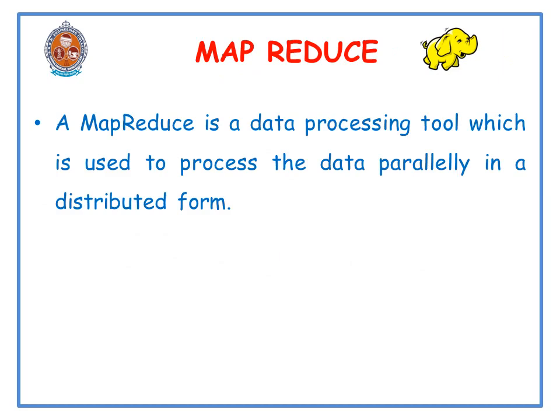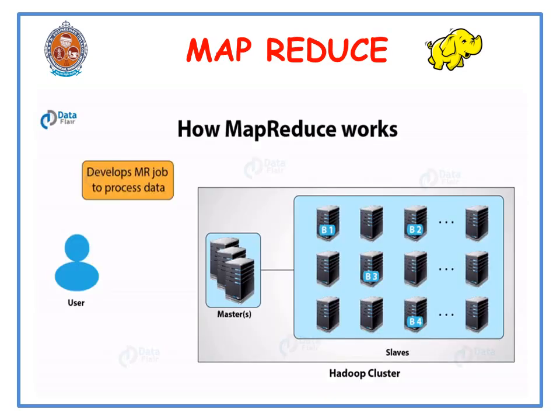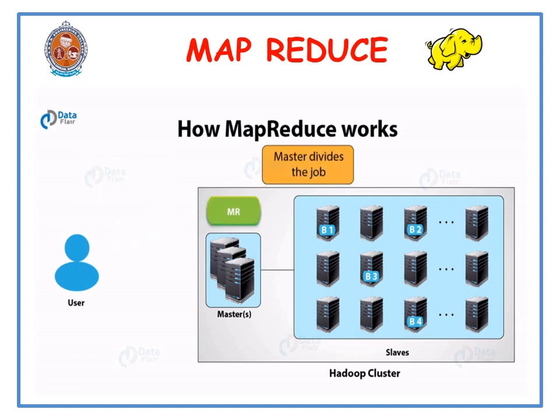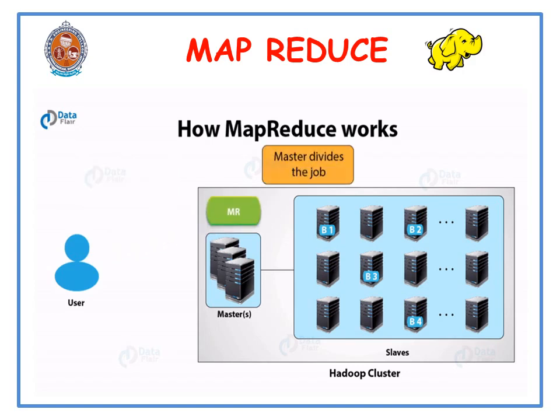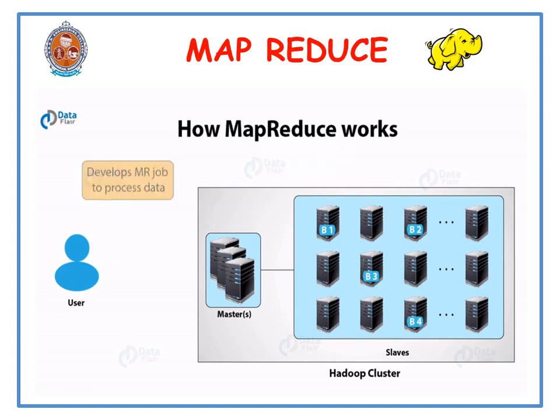Now we will discuss the module of MapReduce. MapReduce is a data processing tool which is used to process data in parallel in a distributed form. One of the significant challenges of big data is processing and accessing data efficiently. Now we will see how MapReduce works. In MapReduce, the processing logic is sent to different slave nodes and then the data is processed in parallel across different nodes. The processed results are sent back to the master where the results are merged. The response is sent back to the client. The entire process is illustrated in this slide.